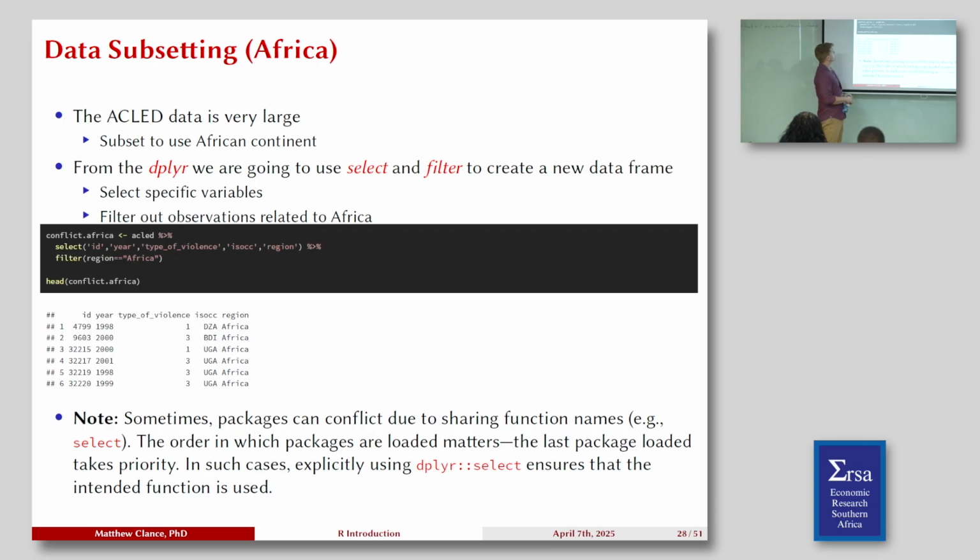But from that, basically I could tell it, okay, grab the same variables that I had before, but this time only keep those that have a variable region equal to Africa, which is part of my data set. So in that set, I allow myself to only focus on that region. And in this, I can look at it and see which countries, types of violence, and years are in my data set.